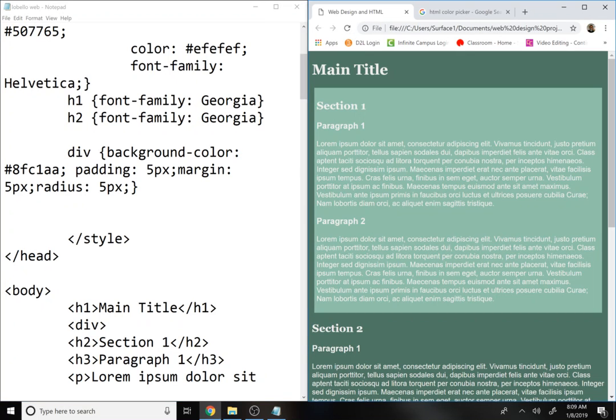Radius is not the word here. Is it border radius? Oh, there it is. Okay, but it's just not very visible here. I might put maybe 10 pixels instead of 5. All right, there we go. It looks good. And then lastly, I'm going to put this phrase display, and I'll put block,